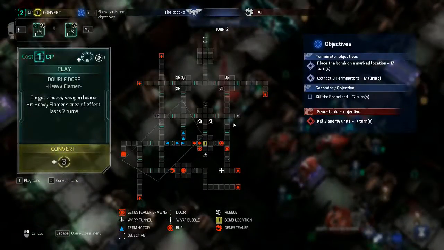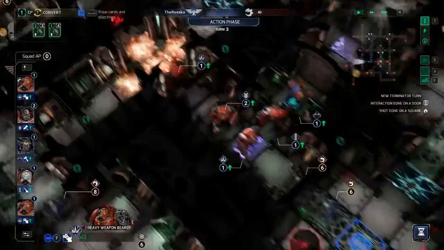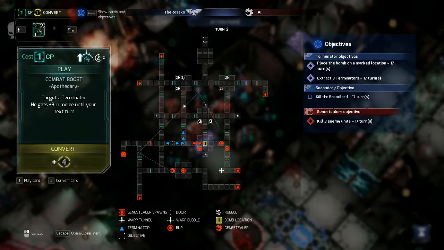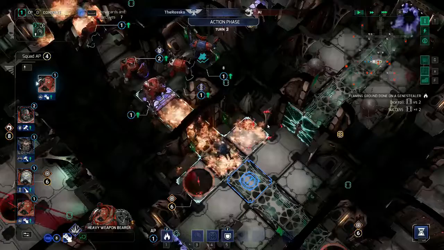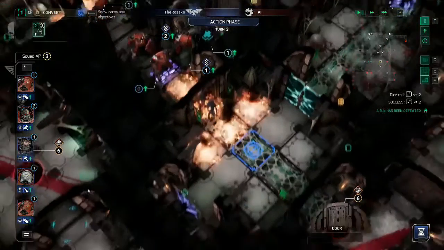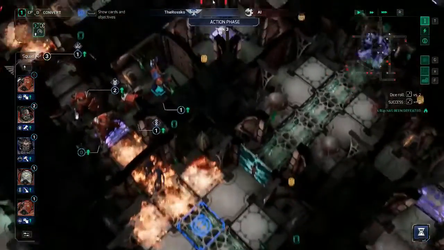Right, let's have your flames last 2 turns and put them there. That'll stop them chasing us for a bit. Let's convert that card because it gives us +4, so we can burn these guys. Now that unfortunately does slow us down for another turn. But what we can maybe look at doing...